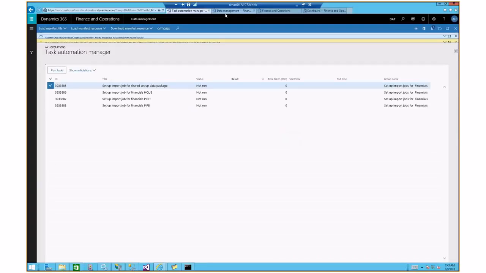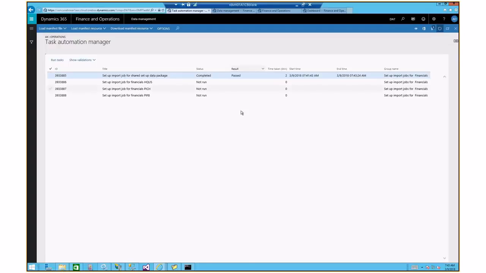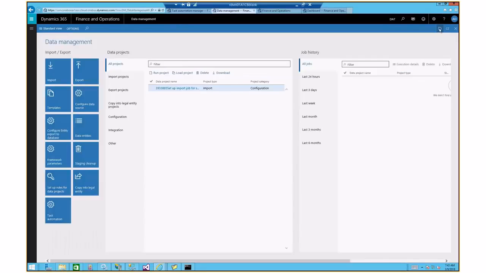So now this is completed. And if I refresh, it says the status is completed and the result is passed. And I can go here. And if I quickly refresh, it only created the data project. It did not create any execution job because that is what we wanted it to do. And now if I load the project,